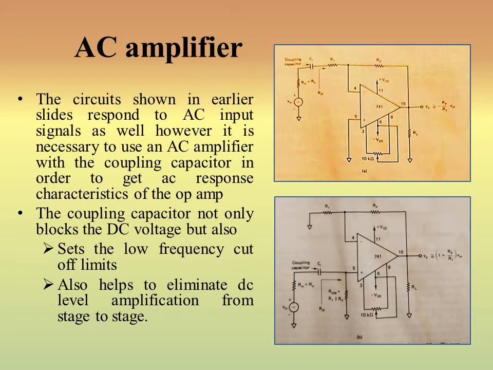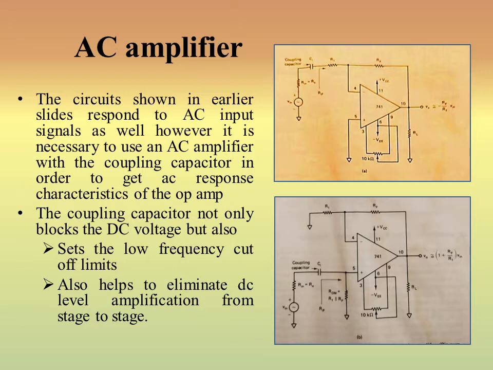First of all, the coupling capacitor blocks the DC voltage. So no DC enters, only the AC signal gets amplified. It also sets the lower frequency cutoff limit, and it helps to eliminate DC level amplification from stage to stage. If one stage is connected to another stage, it prevents DC amplification. So the DC level remains stable. So in this way,